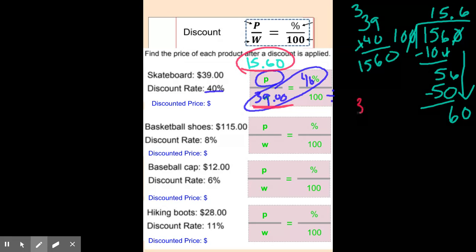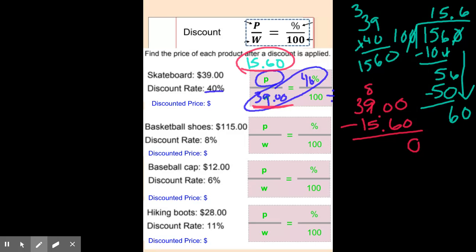So we have to do $39 minus $15.60 that are being taken off. Okay, so 0 minus 0 is 0. We're going to have to borrow one from here. So the discounted price that you're going to put right here is $23.40